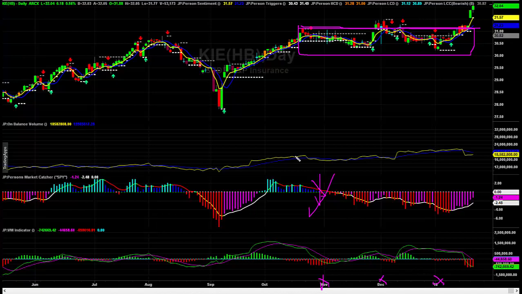So you could see that as this market, or this particular segment or leg to the upside, was going up, it was starting to lose its relative strength to the market, meaning the market was doing better than insurance companies. Insurance company was just sideways, not doing anything. It was in a trading range, as you can see, and that's what the relative strength does, comparing the performance of this particular item to the S&P 500.